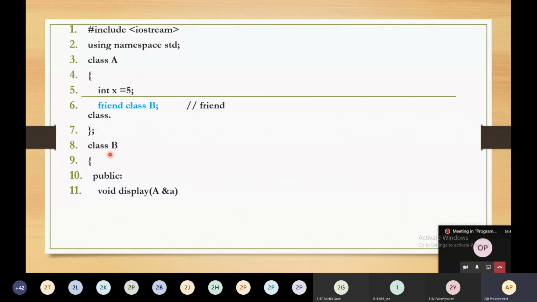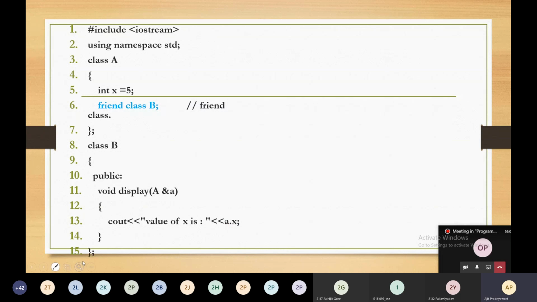Inside class B, we have mentioned only one display function, which will receive the object of class A. And here we have accessed this private member x by using a dot x.